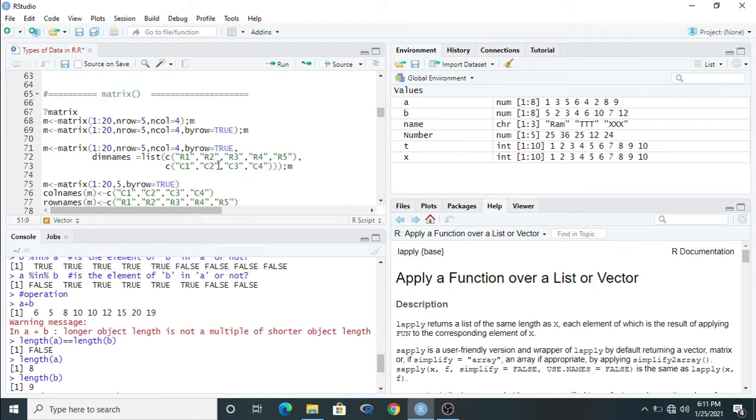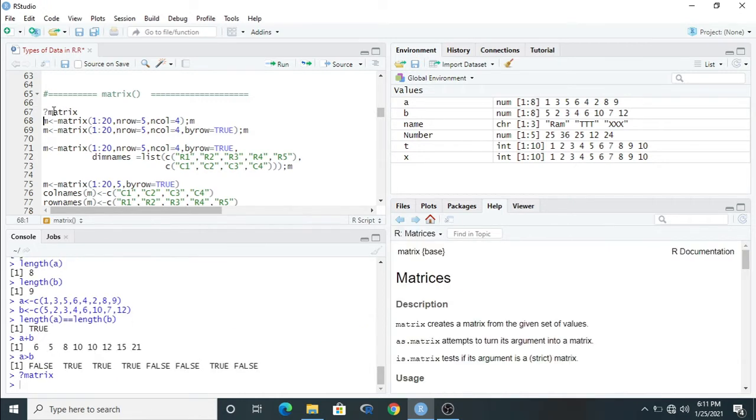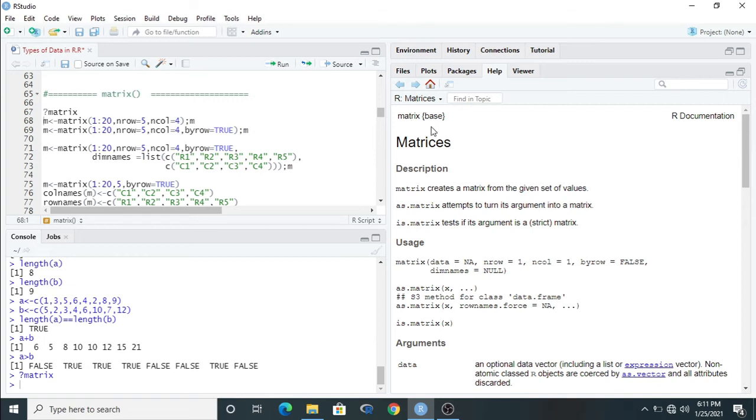The next type of data is matrix. And remember one thing, in case of R, you can find each and every option of a particular function by using the question mark. Suppose I am here using the question mark, then write matrix. Just run this. What happened? Go to the help box. Then you can find here matrix is an element of base function, base package. Okay. So what is the explanation?